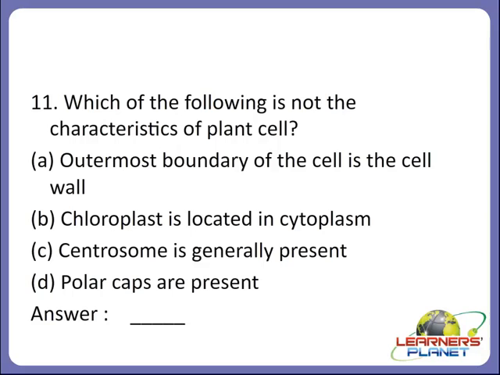Which of the following is not the characteristic of plant cell? Let us find it out. Option A. Outermost boundary of the cell is cell wall. 100% correct answer. All plant cells are characterized by the presence of the cell wall. Chloroplast is located in the cytoplasm. Very true. All plant cells contain the chloroplast as they have to perform the